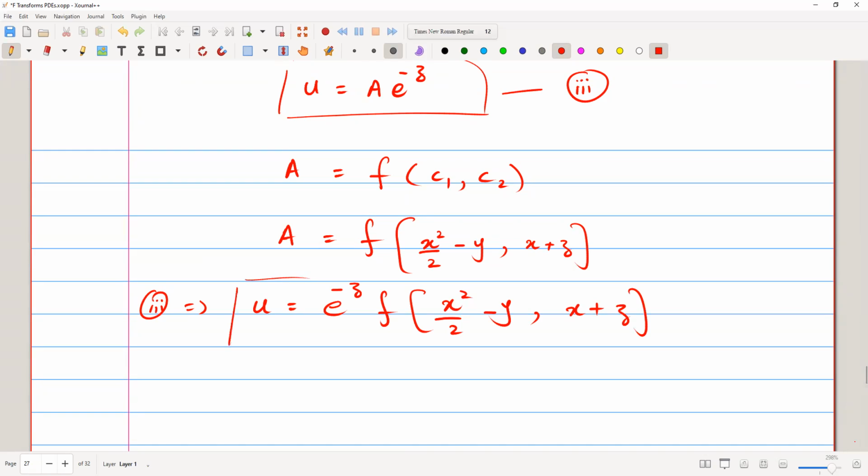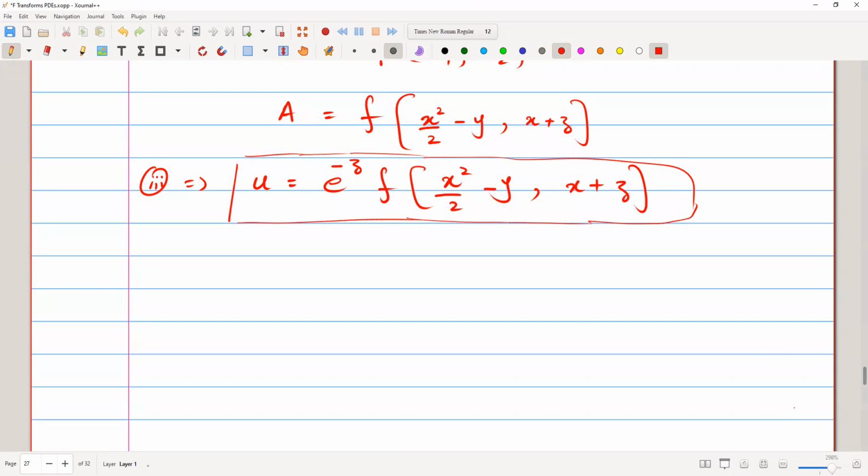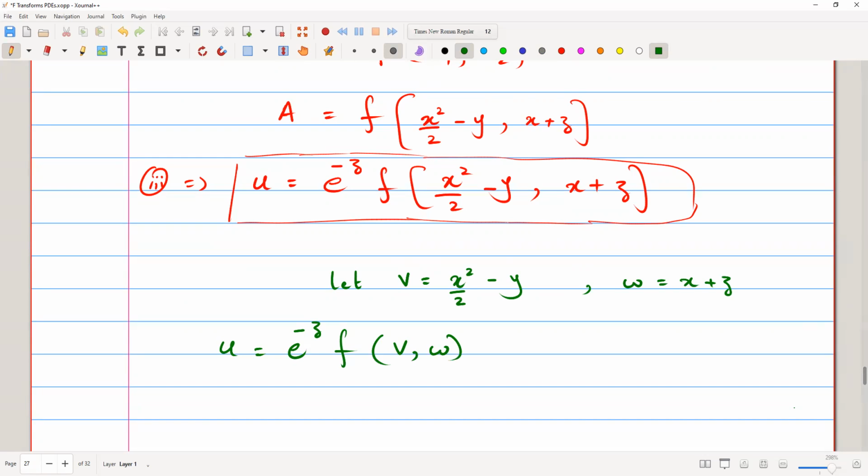Now the important thing is that we need to apply the initial condition, but one thing we can do to make things easier is to let v equal x squared over 2 minus y and w equal x plus z. Then we can simply write that u is a function of v and w. And now it will be easier to apply the conditions, but